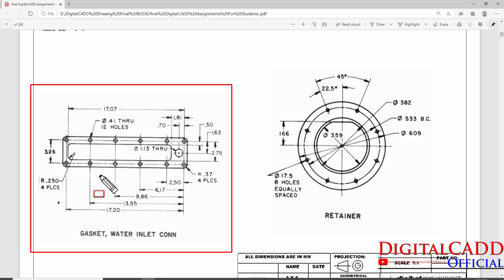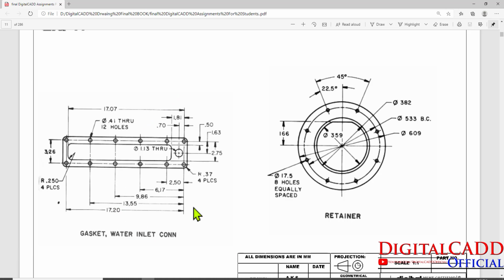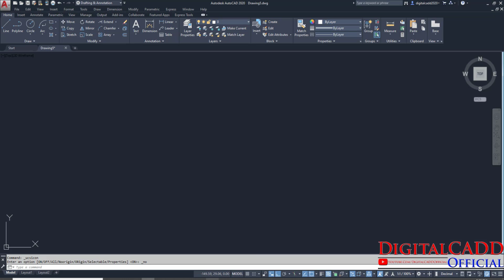First of all, one more thing I want to share with you. Look at this drawing. It is looking a little bit thicker, and look at the dimensions. It is looking thinner. Now one more concept we have to know for our drawing. Here is our properties palette, and in this properties palette we can set the line thickness, okay,